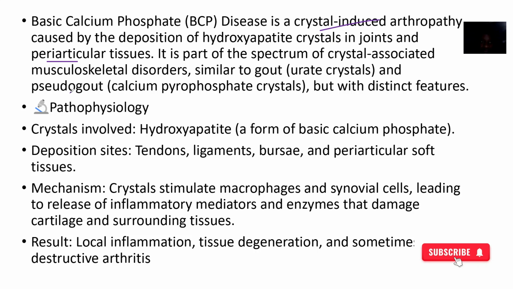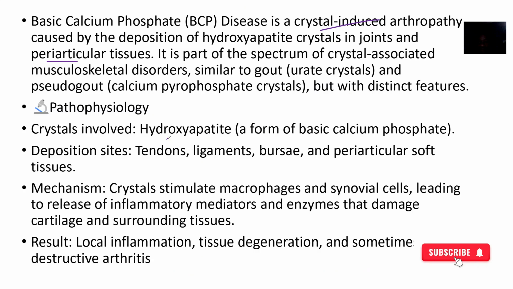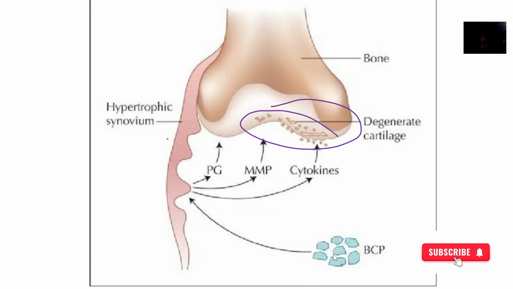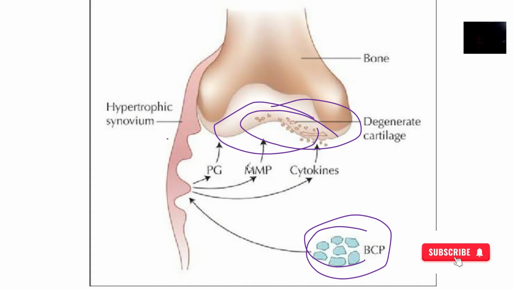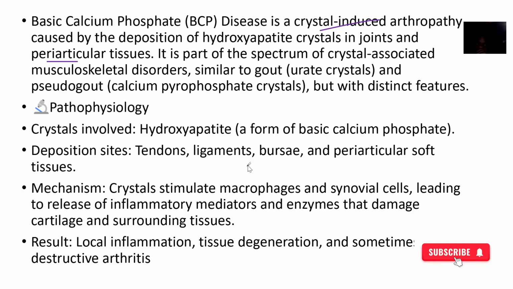Okay, so pathophysiology, the crystals involved are the hydroxyapatite crystals, so you can see them. These are the crystals. This one is the joint degeneration, but of course the crystals cause the degeneration, right? So they deposit in tendons, they deposit in ligaments, they deposit in the bursae, they deposit in the periarticular soft